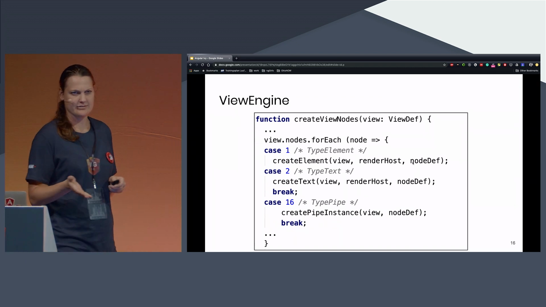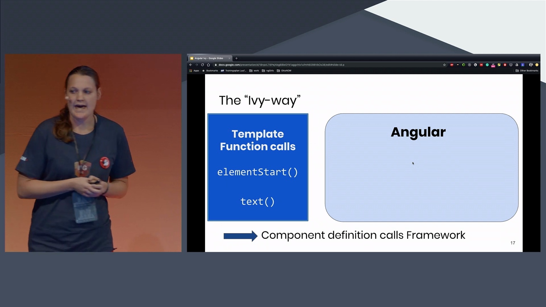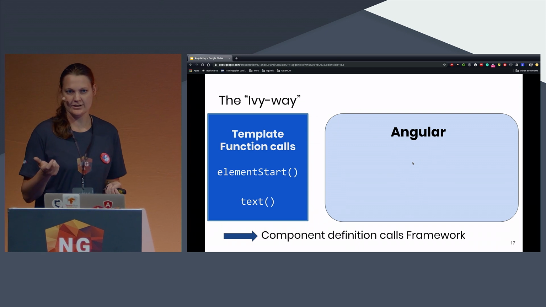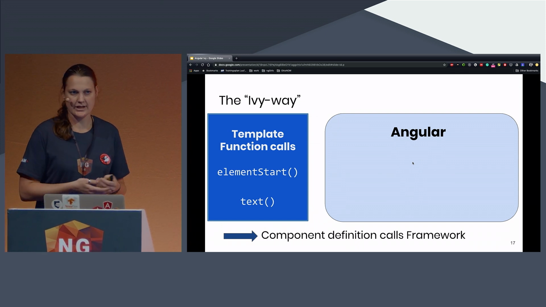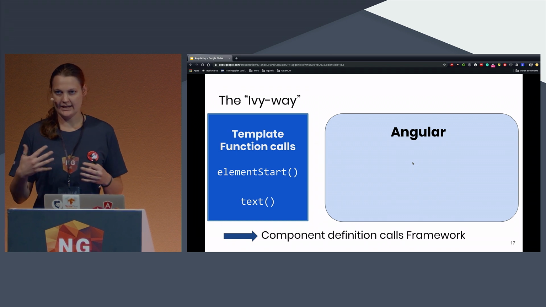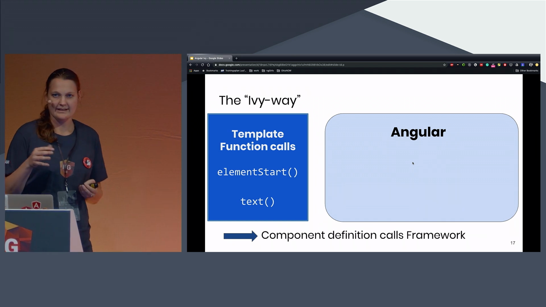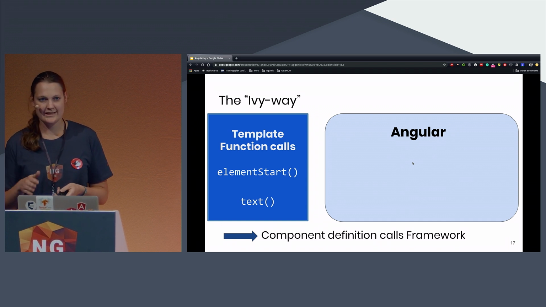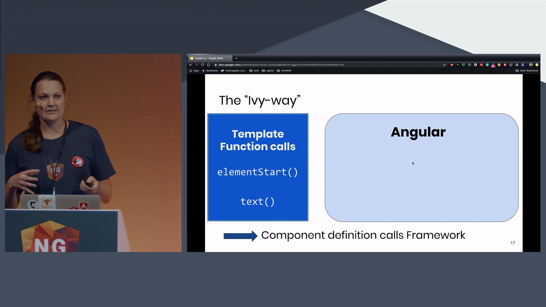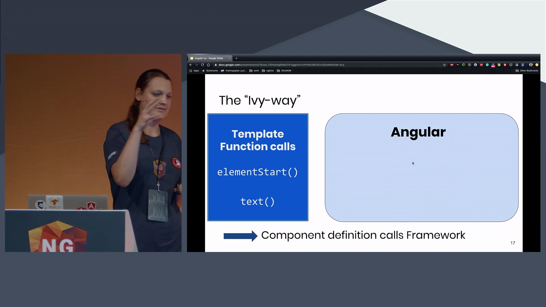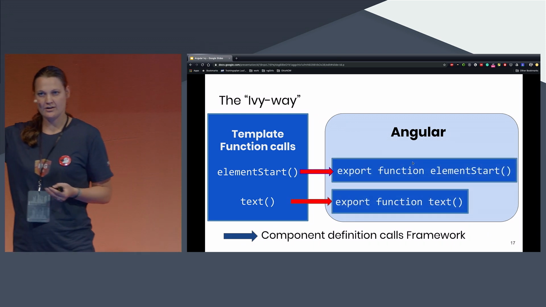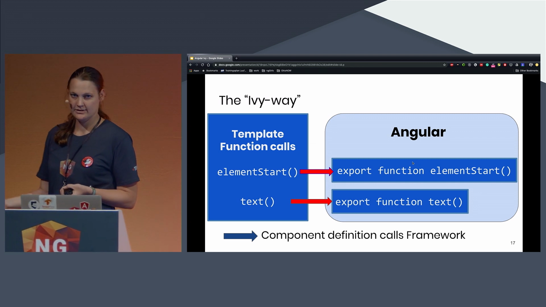But how is Ivy doing that? Take a look. We remember I told you about this template function, that it now creates the complete JavaScript code for the template, for the HTML part. What is inside this function is actually function calls: here I want to create an element, and here I want to create a text. So it's not that the framework is iterating through every single component. It's more that the component itself calls the function in the Angular framework.